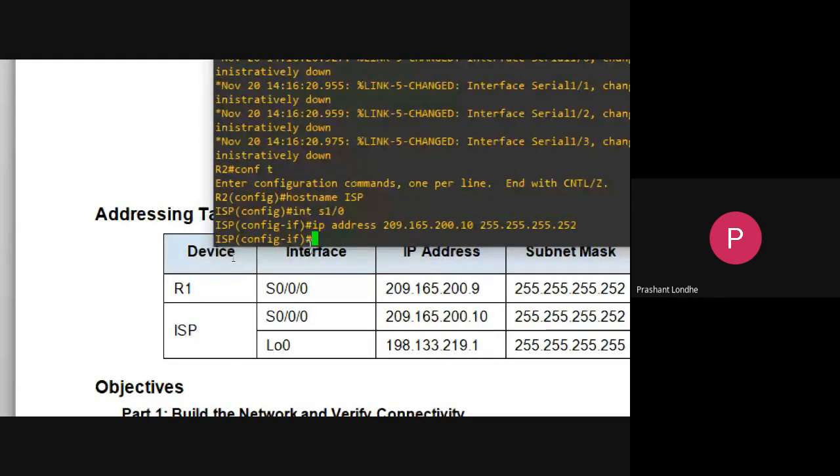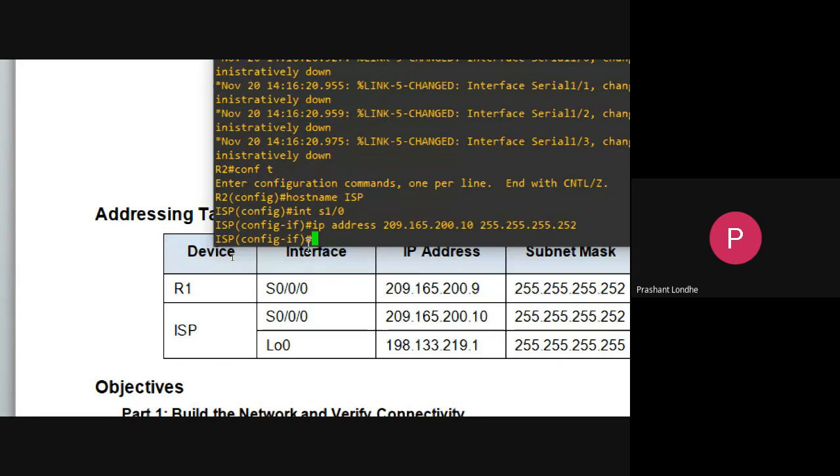Enter. So I have done the configuration of this IP address.